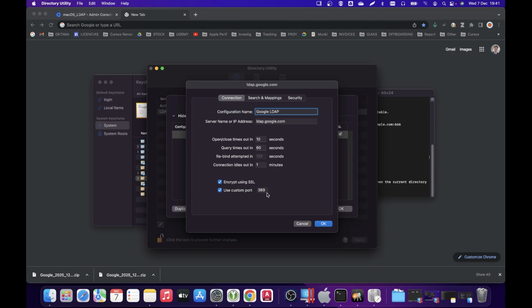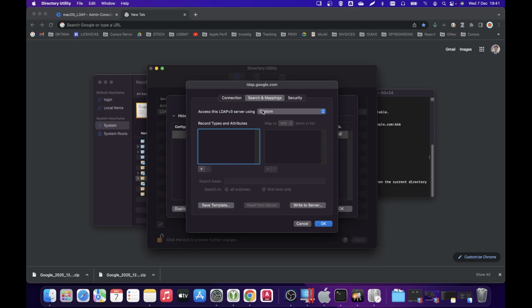Let's check it, make sure that it is checked, and make sure that you have changed the port. Google uses port 636. All right, after that let's click on search and mappings, and